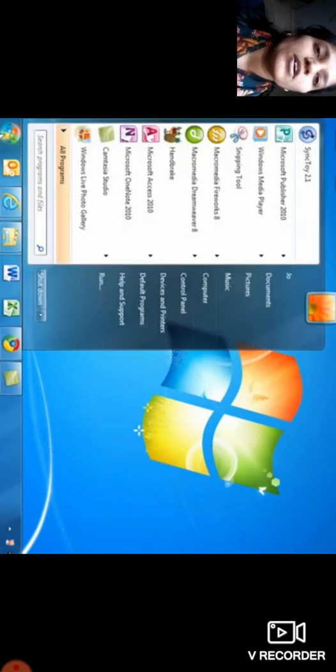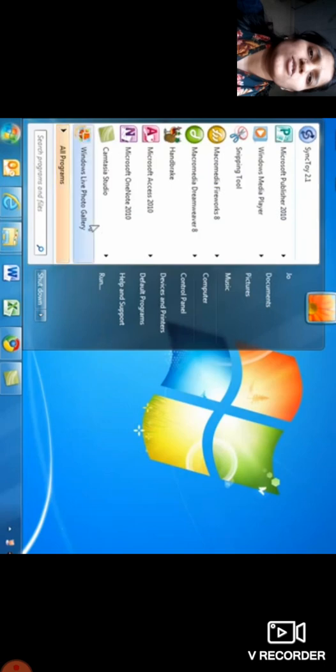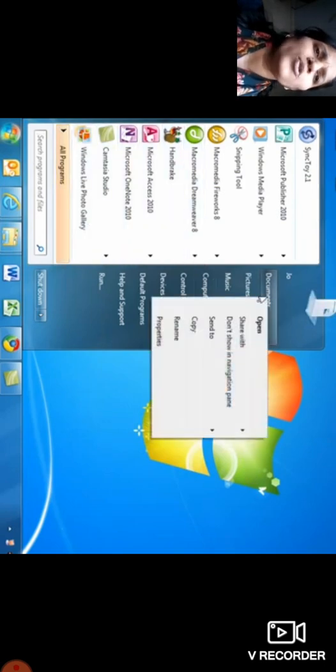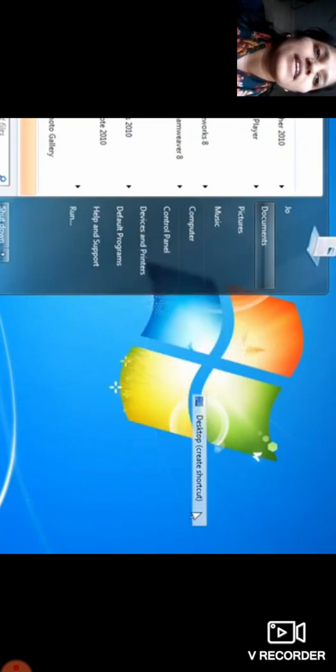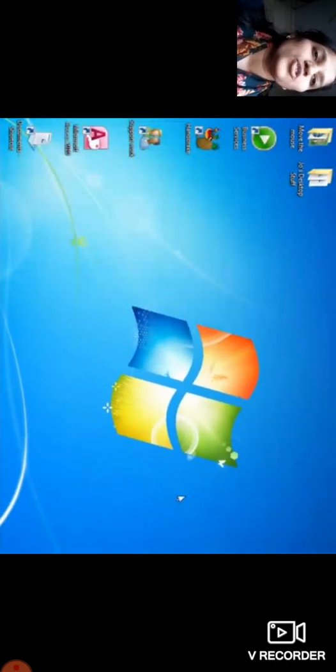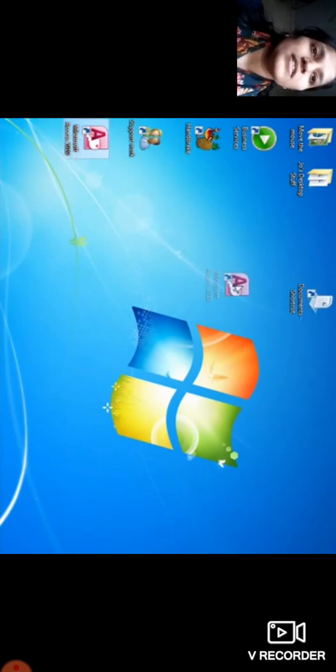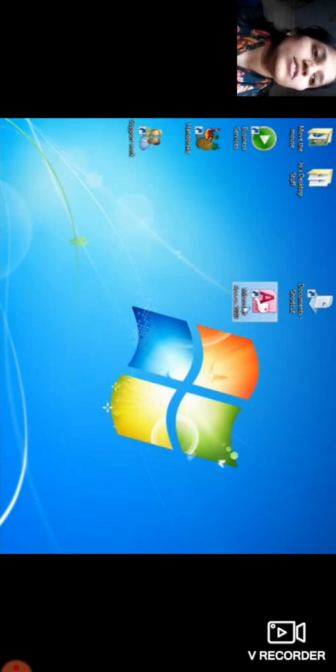And now documents, when we click on documents, at that time also we can make a shortcut file of our folder. So here we can see that document shortcut or Microsoft Access 2010.